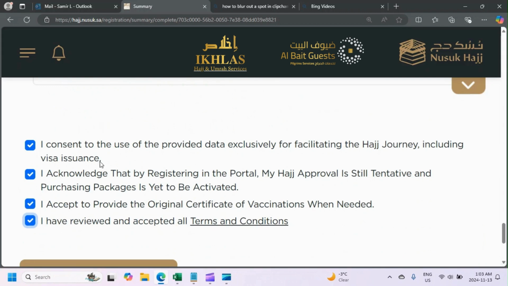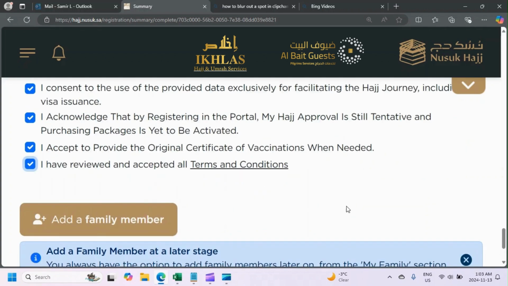And understand everything. And it's very important to know that I acknowledge that by registering the portal, my Hajj is still tentative and purchasing packaging is yet to be activated. I accept to provide the original certificate of vaccinations when needed. I have reviewed all accepted terms and conditions. So when you reach this point,